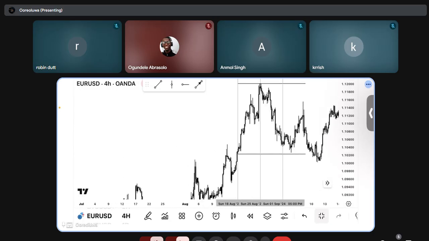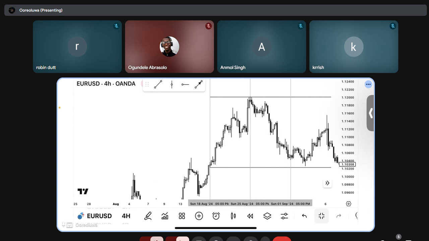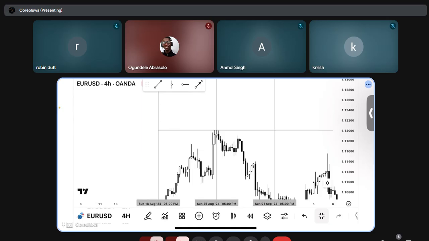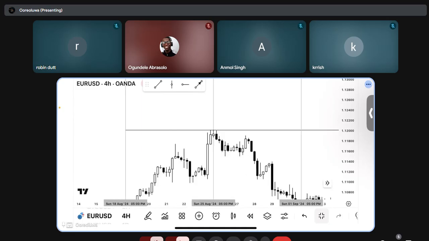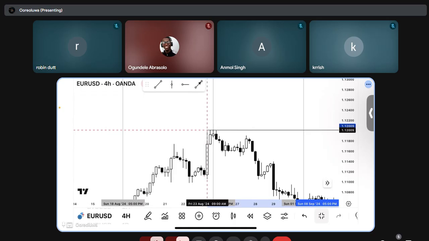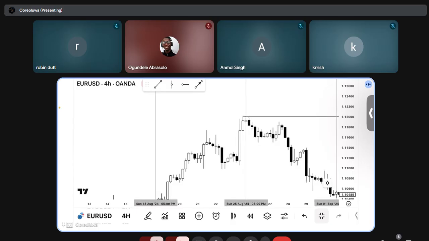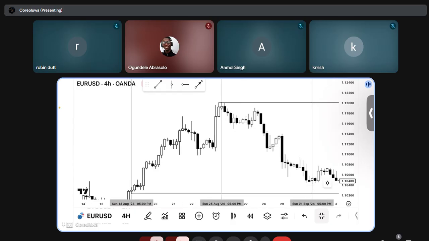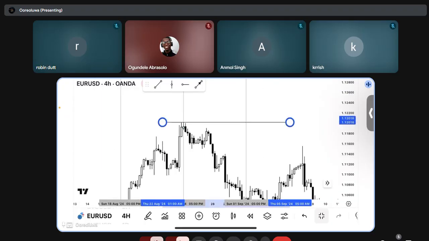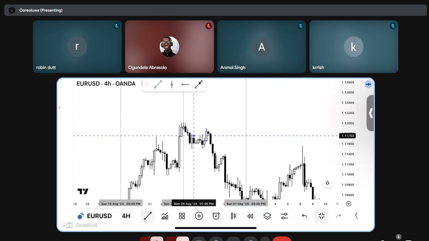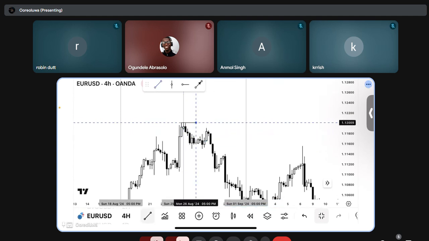Alright, so there you go. So we swept this high, right? This was the whole candle high. So we swept the whole candle high. The second candle, which is candle one, the accumulation candle, right? We swept the candle, and then